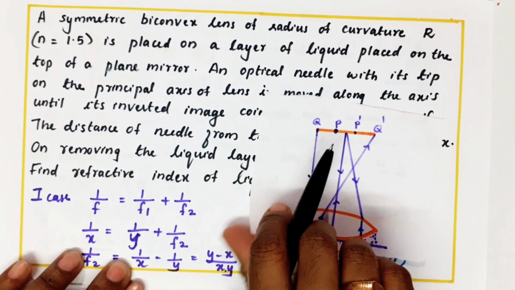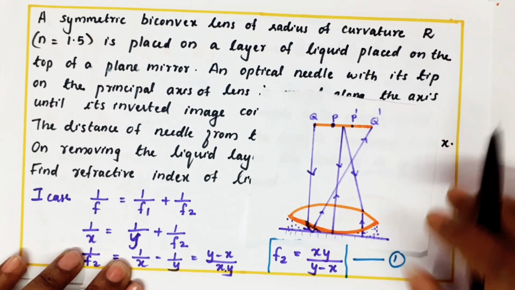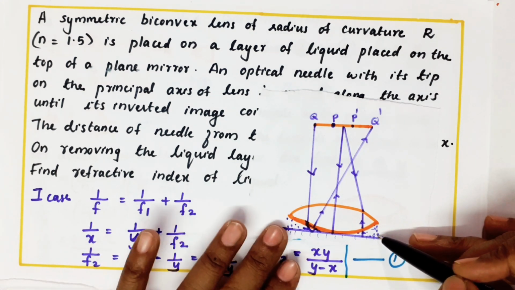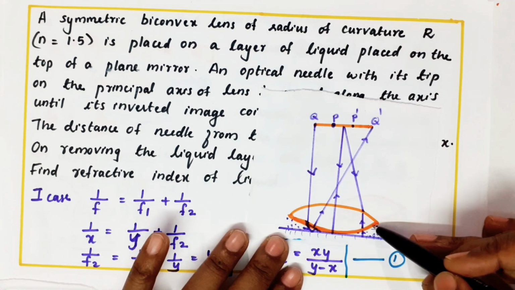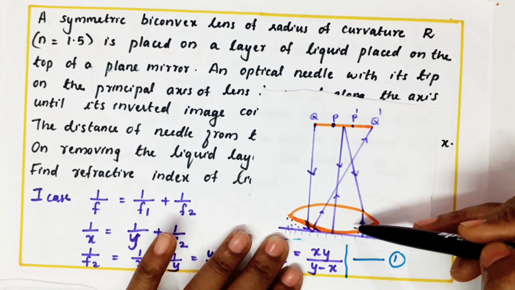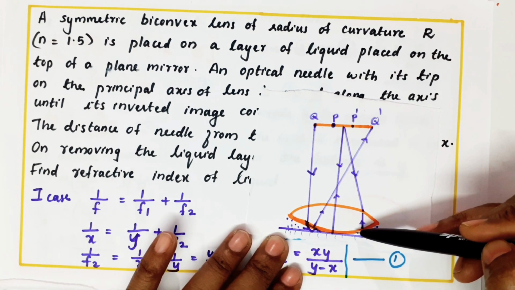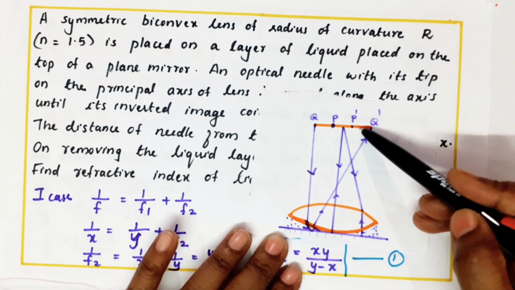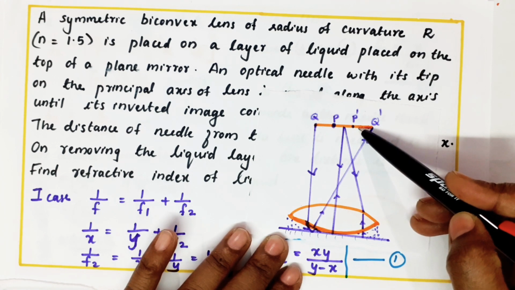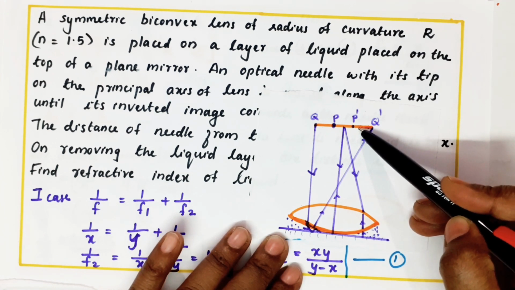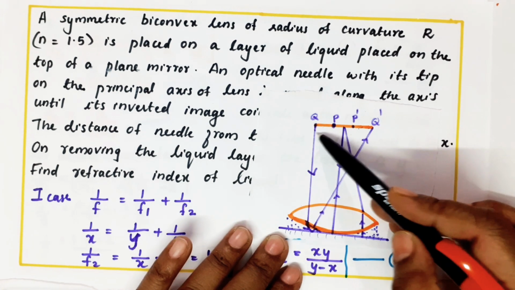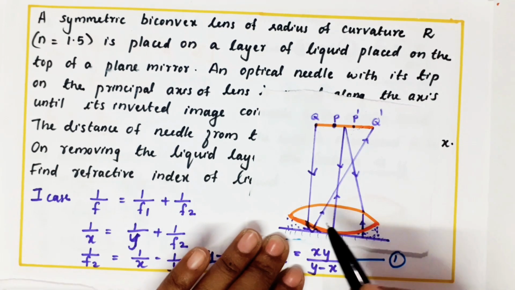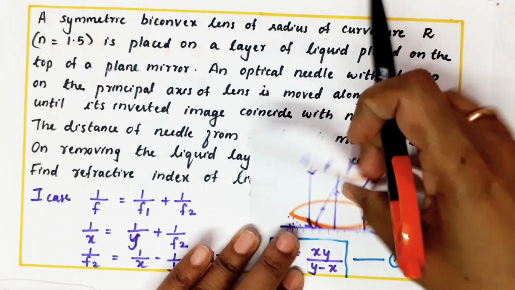This is a very important thing, and we call this a liquid lens. Remember, in a liquid lens, when we are calculating the focal length, the distance where the object and the image coincide like this is called the focal length. I repeat, in a liquid lens, where object and image coincide like this, that distance we call the focal length.